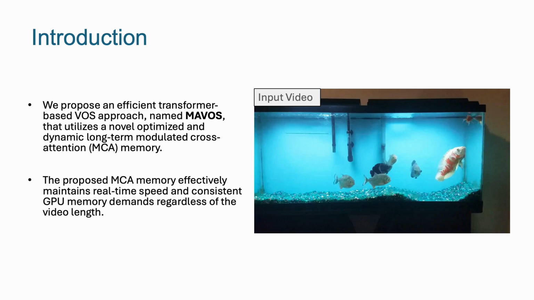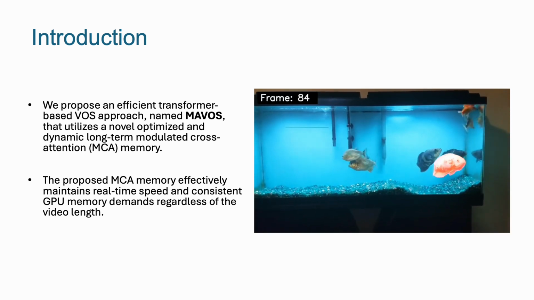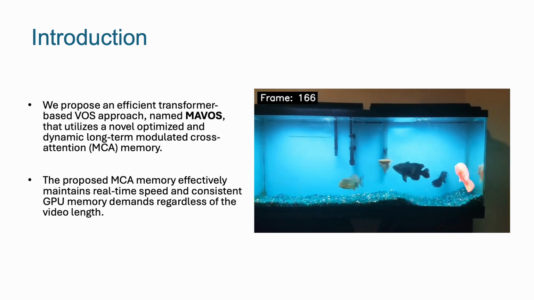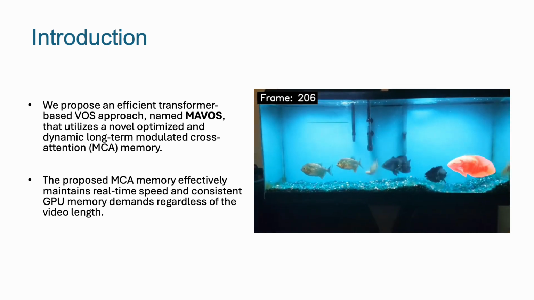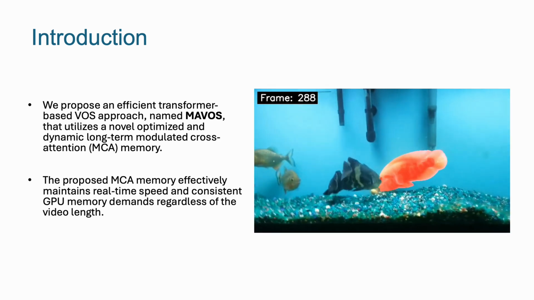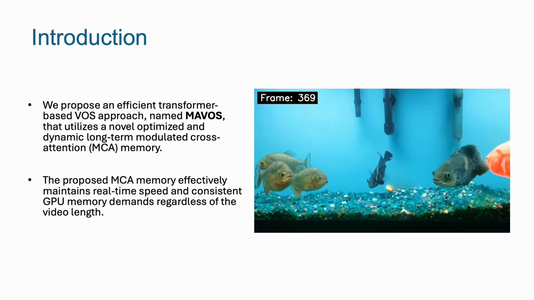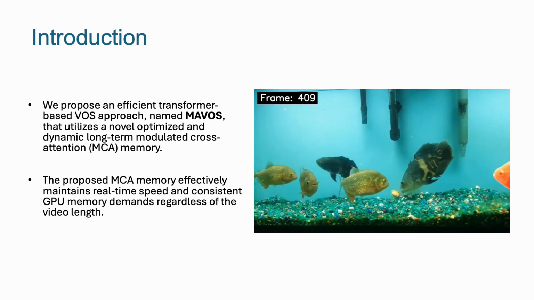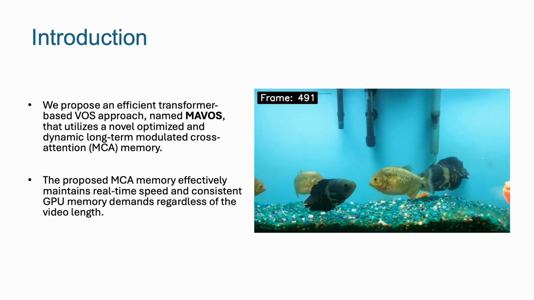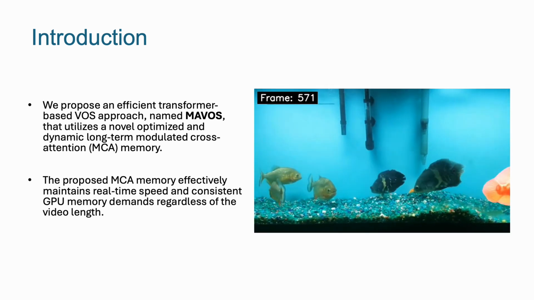In this work, we propose a novel and efficient approach for long video segmentation. Our transformer-based approach introduces an optimized and dynamic long-term modulated cross-attention memory requiring no memory expansion. We establish meaningful and concise connections between memory frames at various time steps to effectively propagate the target information from past frames. Unlike the current transformer-based approaches, the proposed MCA memory maintains consistent speed and GPU memory requirements regardless of